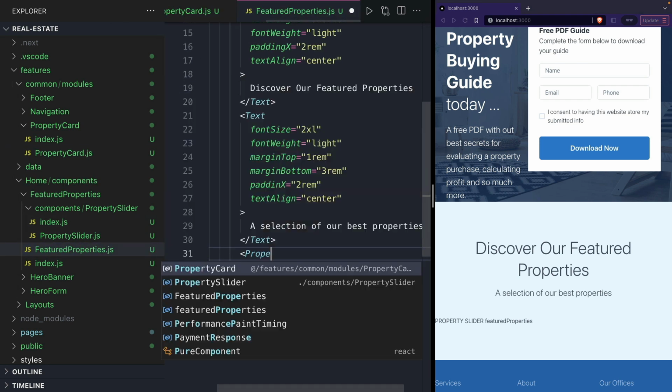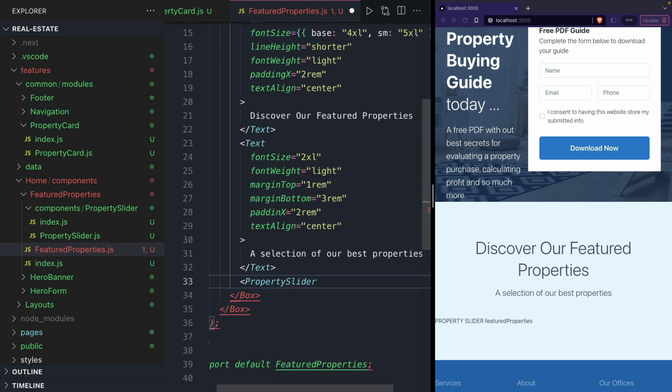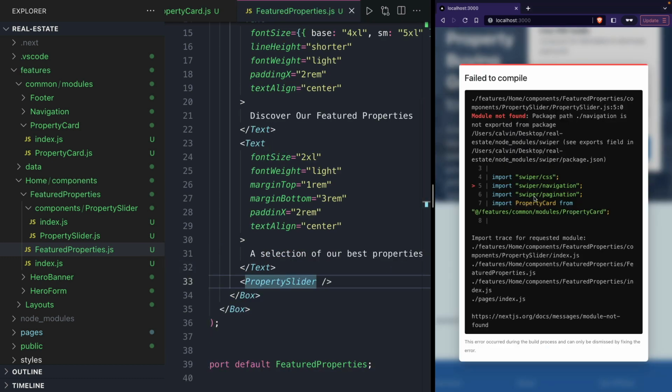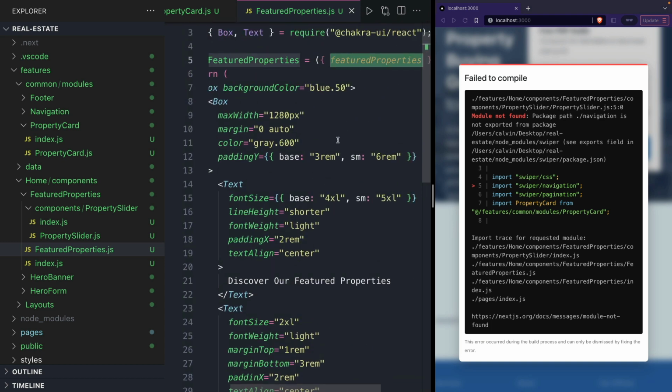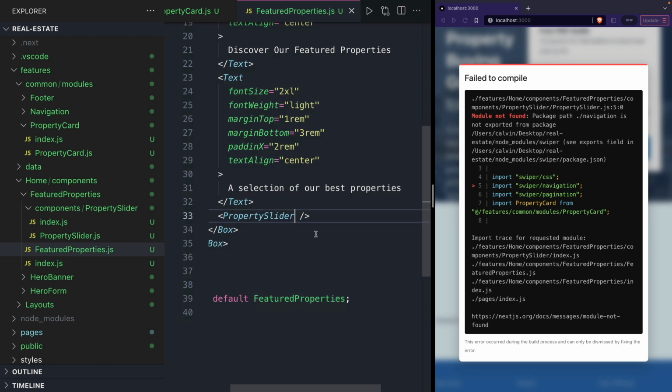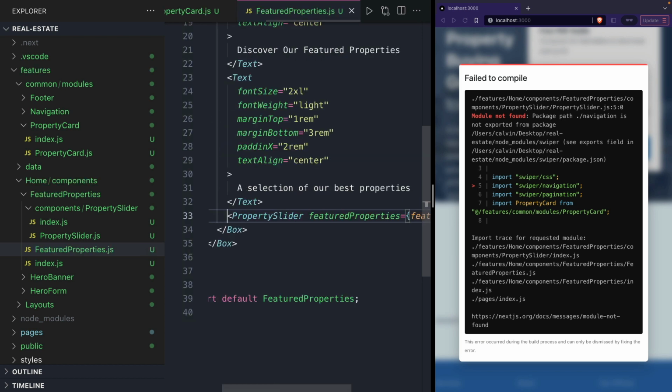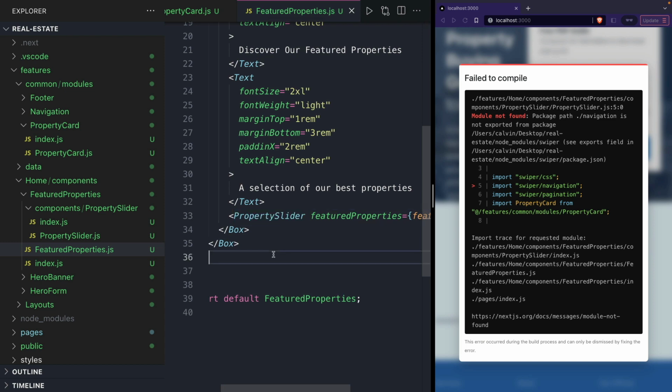We need to grab our property slider, import that, and we will address some of these errors in a second, but we need to get the feature properties into our slider. So let's pass the props again, feature properties, into the property slider. Now, if we go to our property slider,